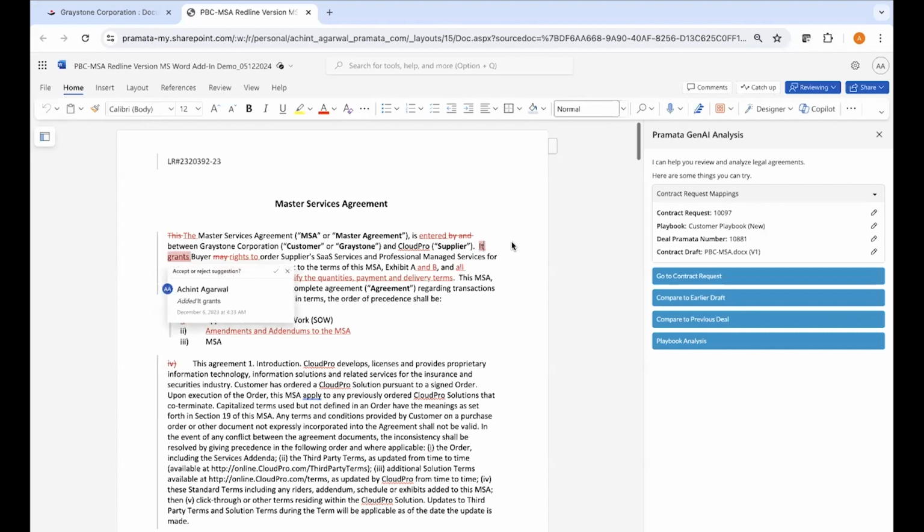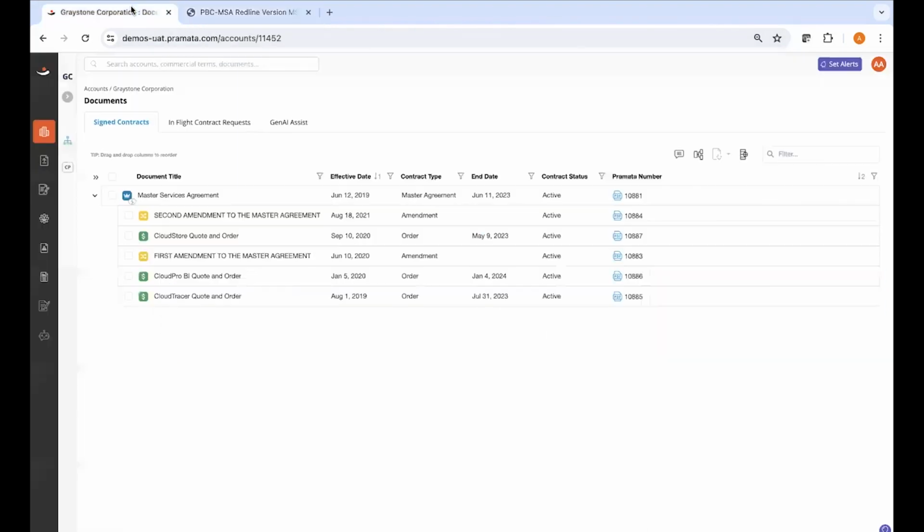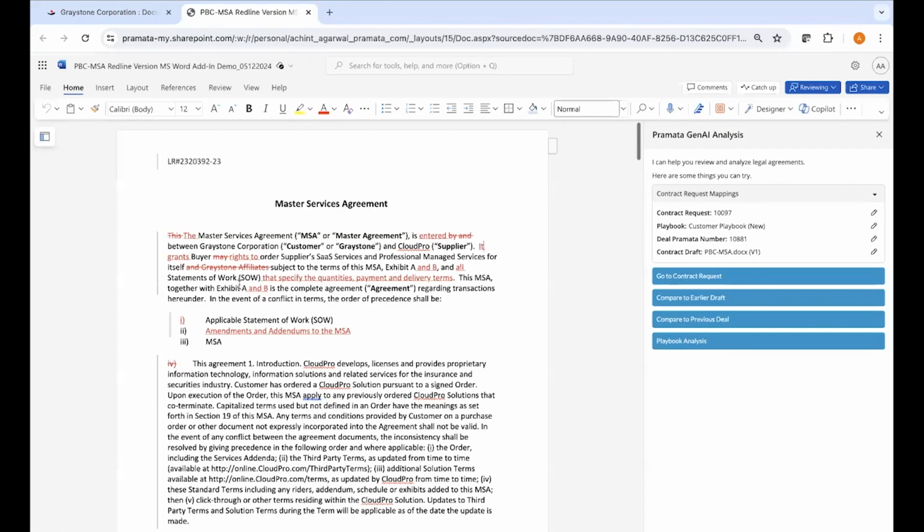Here, we're looking at a contract draft that has been sent to us from the other party. In this case, the other party happens to be an existing customer who we have a current relationship with. Here's the current party. We have a master, amendments, and also different orders. Now they'd like to recontract, and we've been exchanging these drafts back and forth, and they recently sent one with